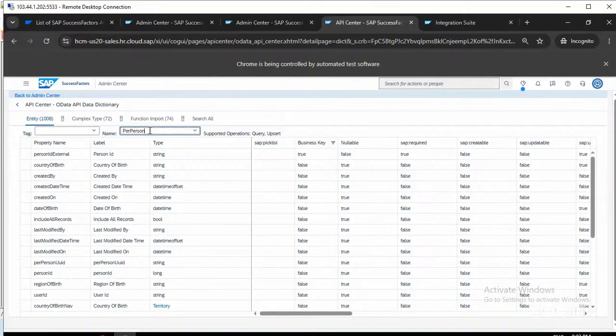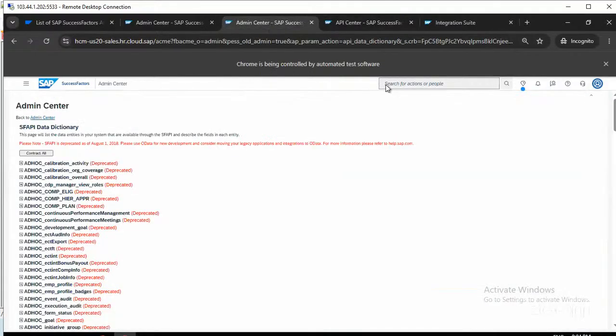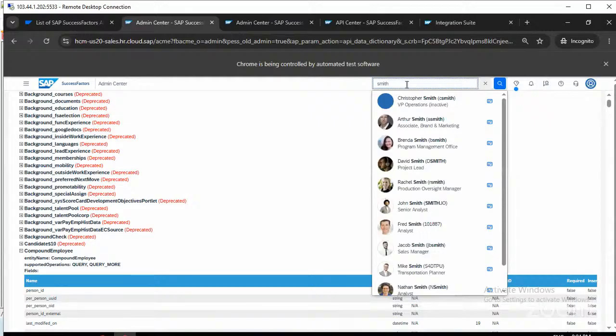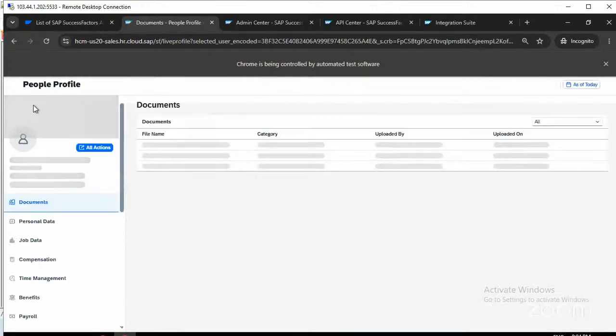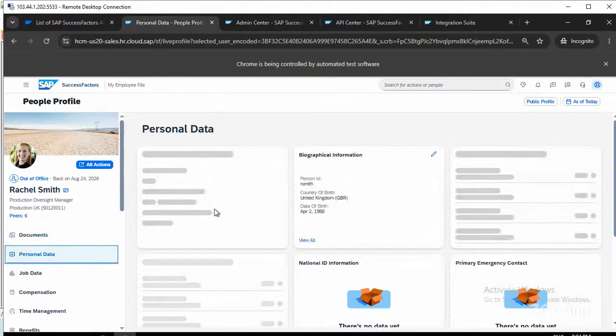Yes. Okay, in SAP, we will be having the tables and all, and you can navigate to the table and you can view the data. Whereas in SuccessFactors, in order to view one single employee's data, you need to navigate to this one. Generally, we will go with employee numbers and all. Currently, I don't remember any of the employees. Some Smith and all I will take. Okay, I will go with Rachel. So to view the data, every time I need to navigate to this employee profile and I need to see